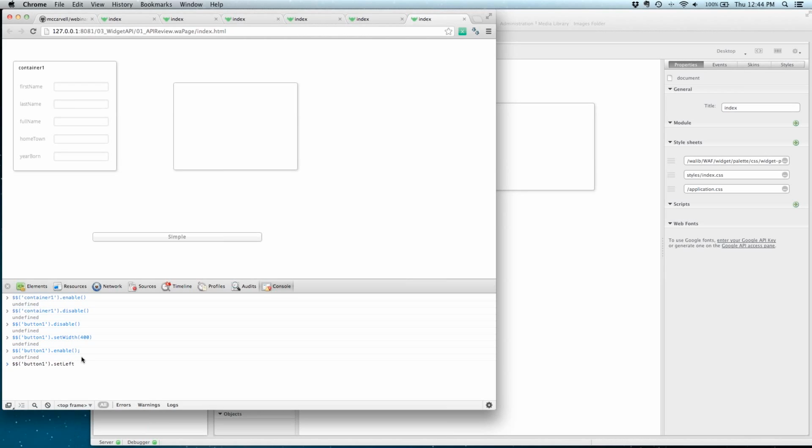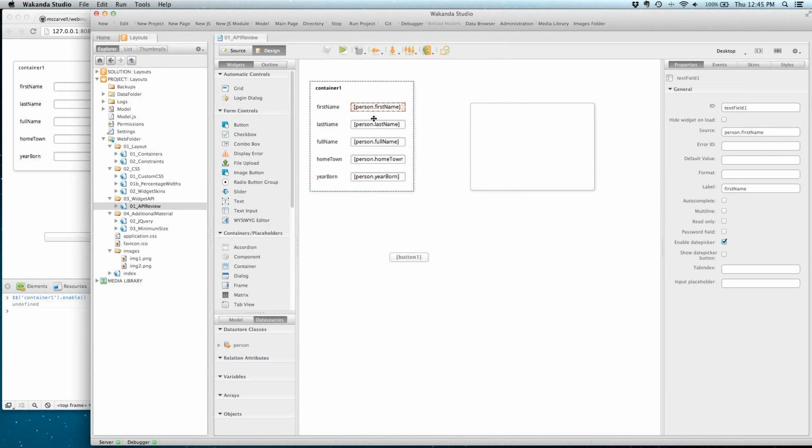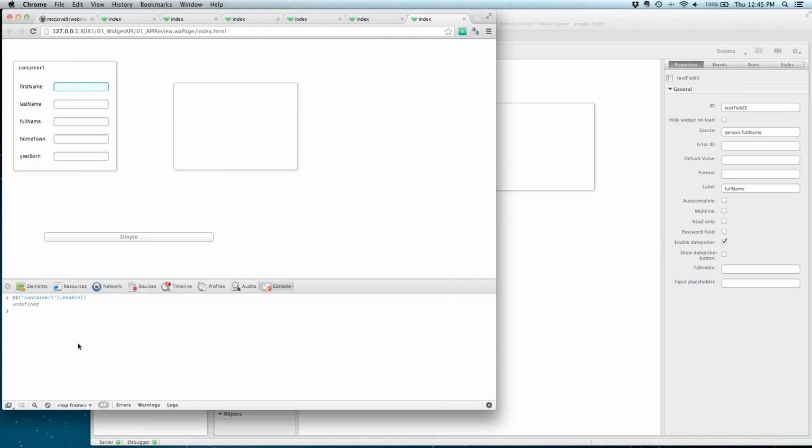So set left, let's make 100. You can see it's just moving the left to the left. So you've got set left, set right, set top, and set bottom. Let's enable container 1. I'm going to clear this. So enable. And now let's take a look at, let me get an idea what these IDs are. Text field 1, text field 2, text field 3, etc. So let's take a look at